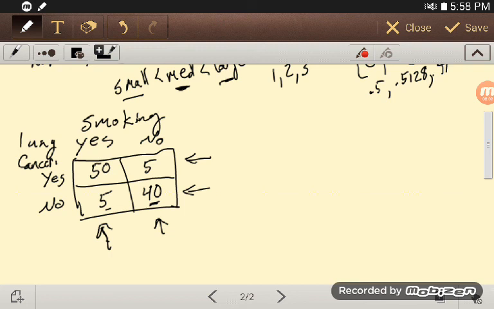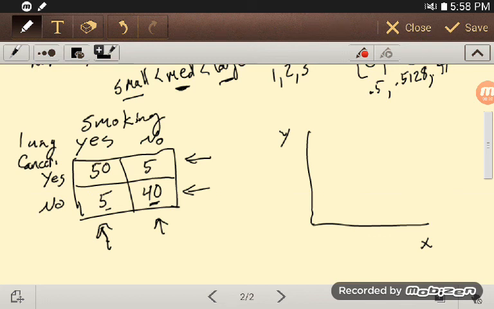Now 2 numerical variables. So I'll move over here to where we had the numerical. With 2 numerical variables, we tend to think of x and y. And the way we would see this same sort of thing here, now